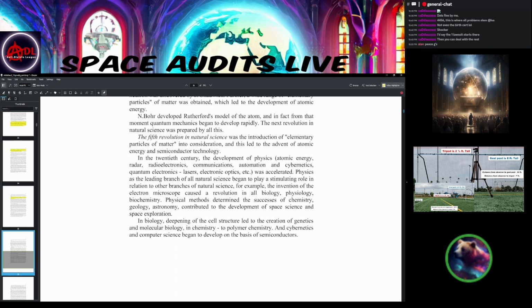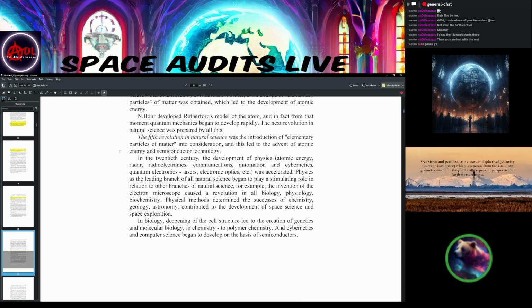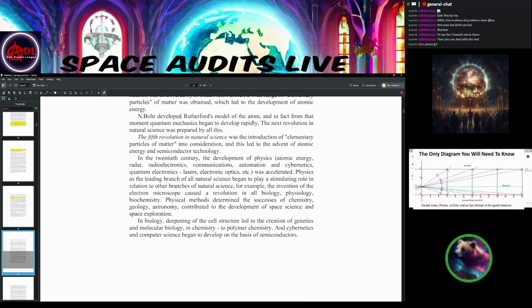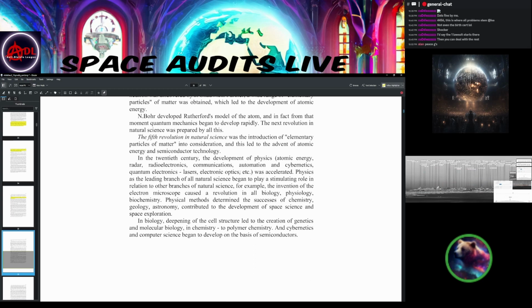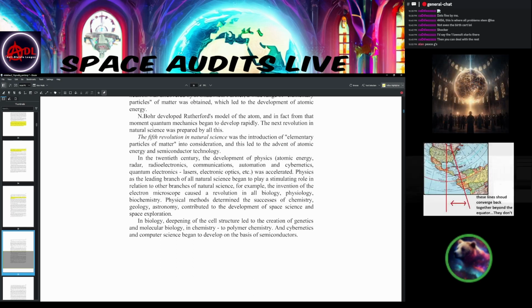Was the introduction of the elementary particle into consideration, and this led to the advent of atomic and semiconductor technology. In the 20th century, the development of physics, atomic energy, radar, radio electronics, communication, automation, and cybernetics, quantum electronics, lasers, electronics, optics, etc., was accelerated. Physics, as a leading branch of all natural science, began to play a stimulating role in relation to the other